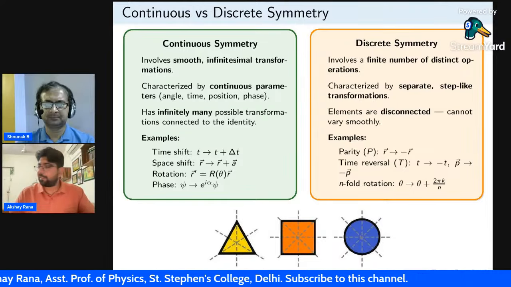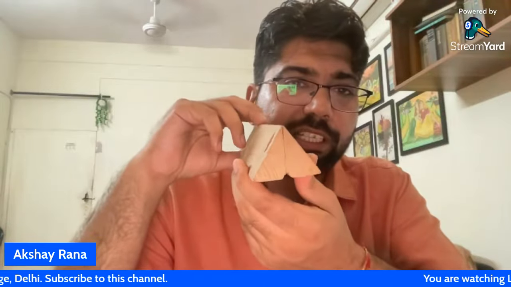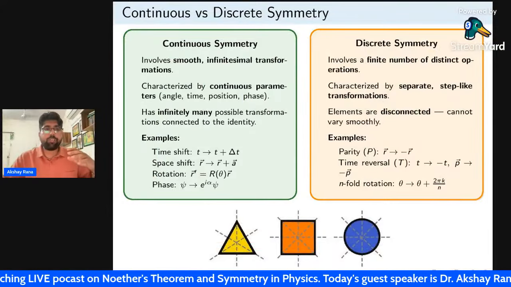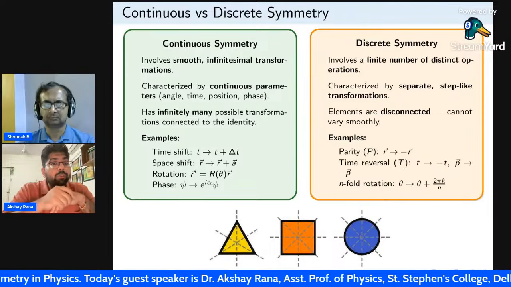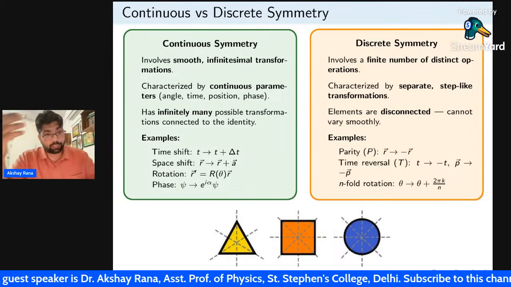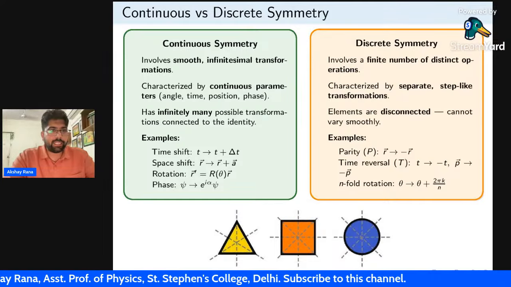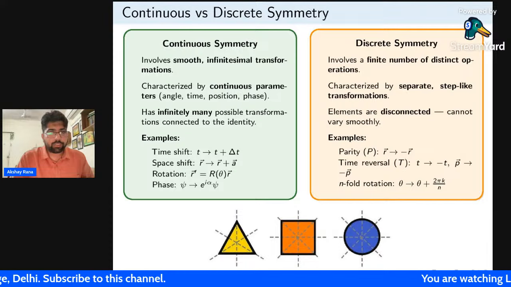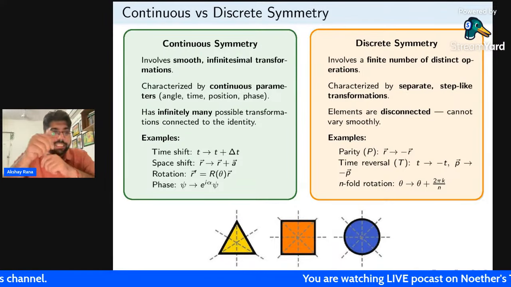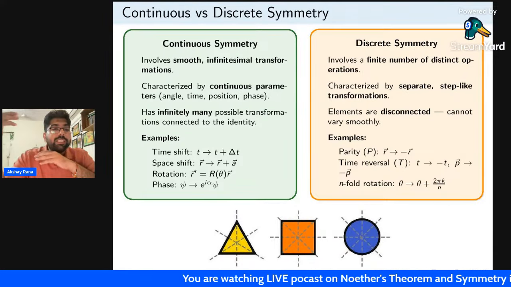Similarly, let's say it's an equilateral triangle. If I rotate it by 120 degrees, it is going to be the same form. If I rotate it by another 120 degrees, it's going to be the same form. So when there are geometrical objects and I make a change, that change is going to be discrete in nature. For a square, it's going to be 90 degrees. For a rectangle, I have to make a rotation of 180 degrees. So whenever the rotation or change I'm making is discrete in nature,